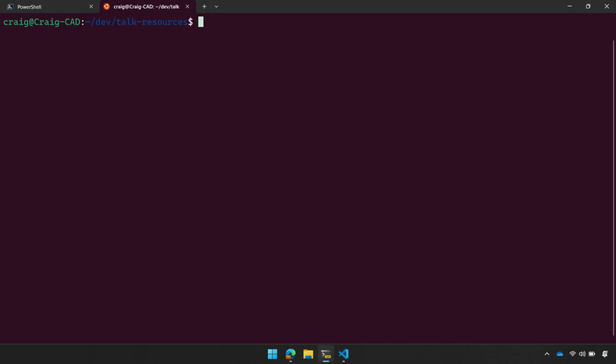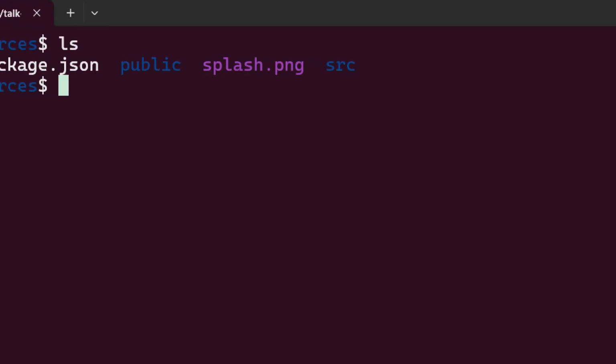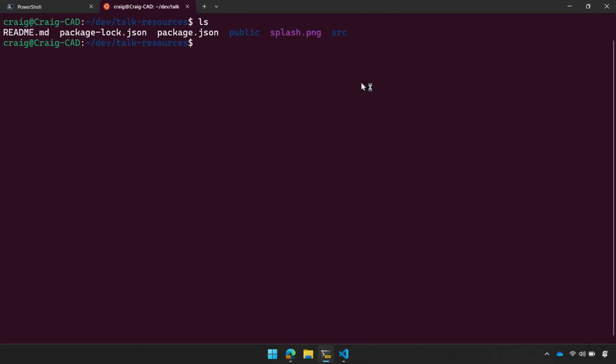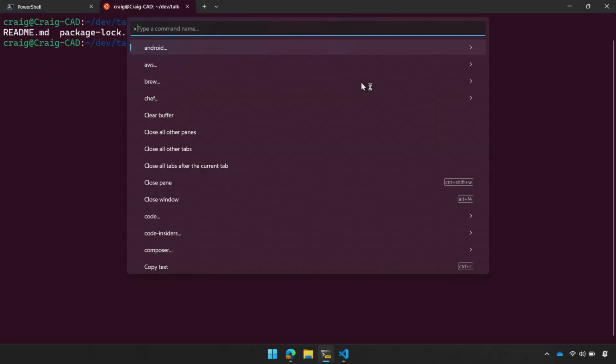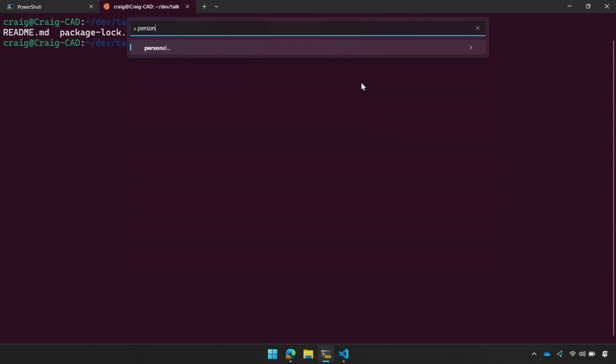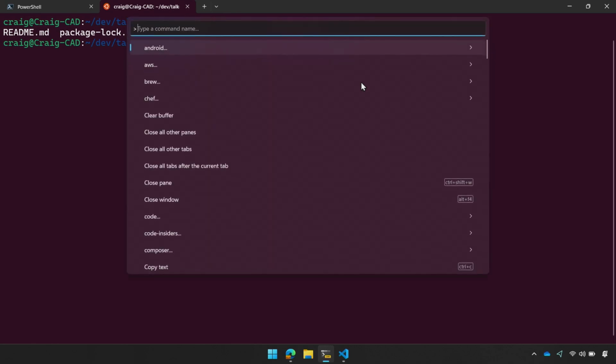And I want to show another example of Sixels to show an image here, because I have this splash.png that I want to see inside of my terminal really quickly. I don't want to open it up in File Explorer and look at it. And so I actually forget the command to do that. But there's a new feature in Windows Terminal Preview where I can use a snippet to recall that command really easily. So I hit Shift-Control-P to open up the command palette.